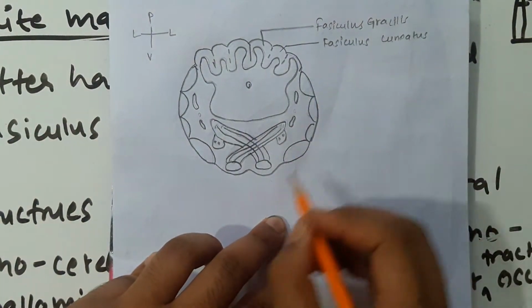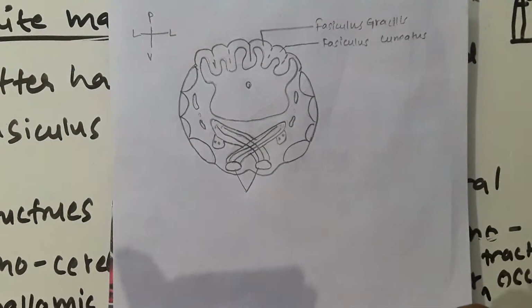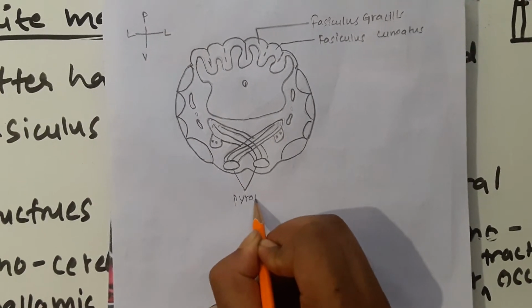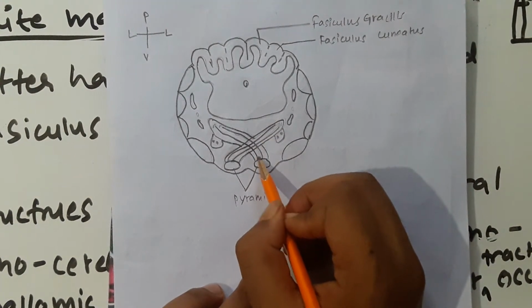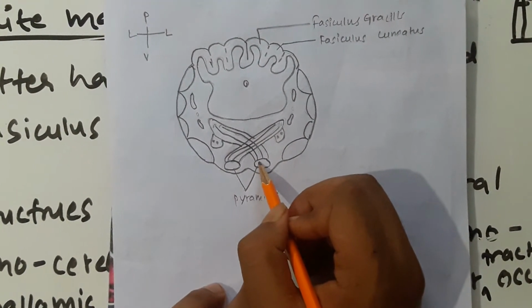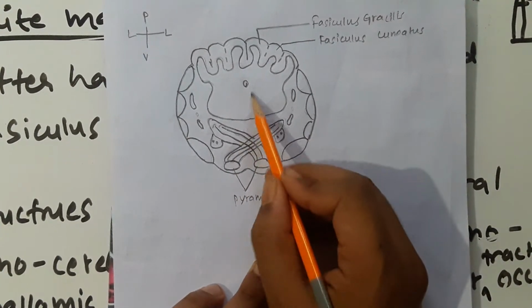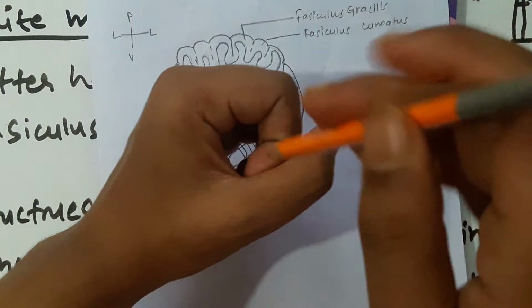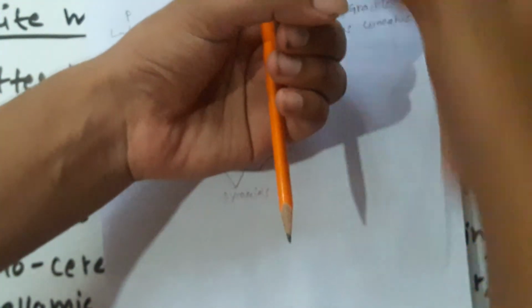And these are the pyramids, and aren't they located anteriorly? The fibers from the pyramid are running backward, as we discussed. The fibers are running backward and they cross to the opposite side. The pyramids are coming like this from the cerebral cortex. Suppose this is the medulla, then the fibers of the pyramids are coming in this way.